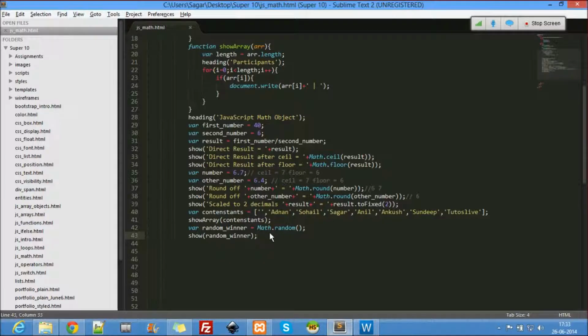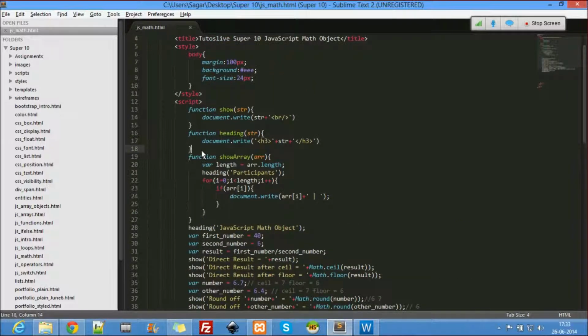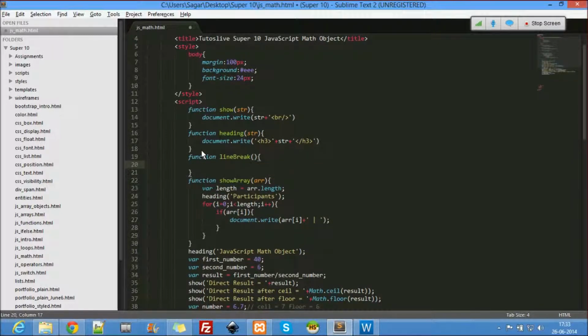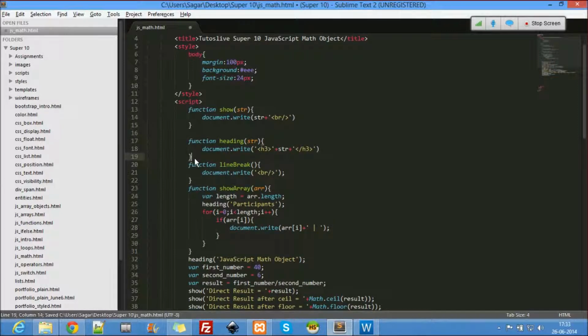Okay, let us use a break here. Function line break. So line break is a plain function which is used to print just a line break. I'm using everything inside functions because I like the way I code it in functions, because they are reusable.